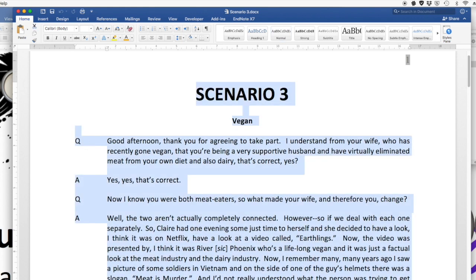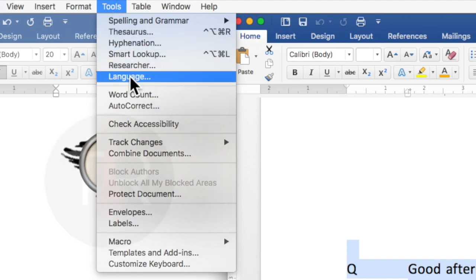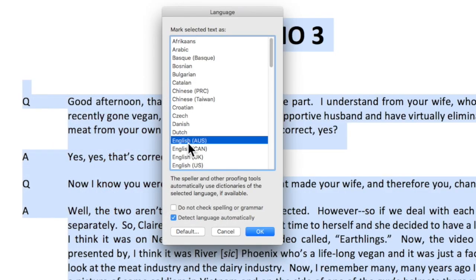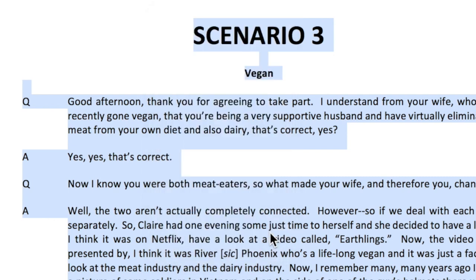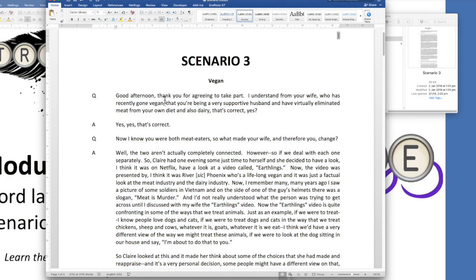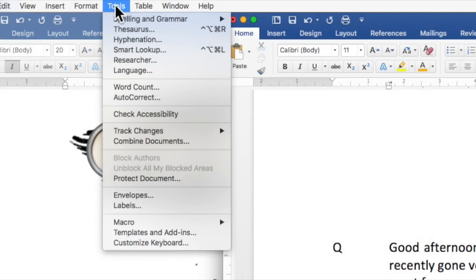We go up to Tools and select Language, and you can see it's currently set to English Australian, so I'll change it to English US. Double check and make sure that that box remains unticked. Click on OK. Then what I'll do is I'll run the spelling check over this document so that it can pick up any errors. So Tools, Spelling and Grammar,